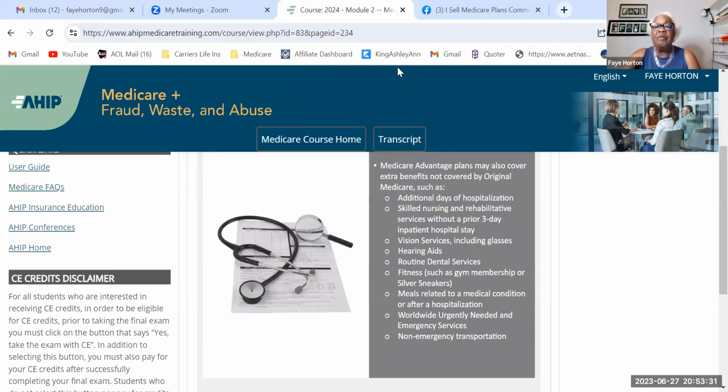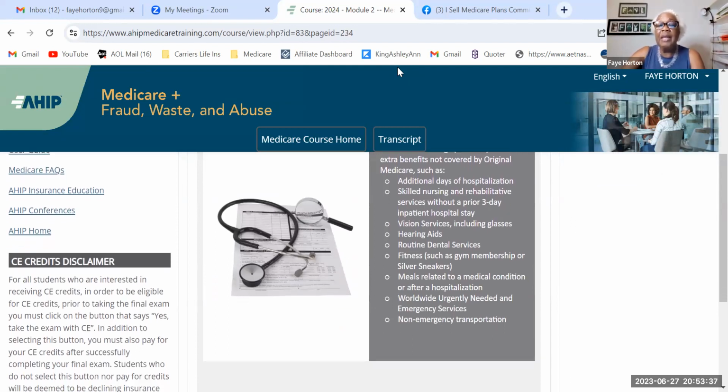Medicare Advantage plans may cover these extra benefits not covered by original Medicare. Additional days of hospitalization. You know that most of the Medicare Advantage plans have unlimited inpatient hospitalization. There are no maximum number of days except for inpatient psychiatric hospitalization. Skilled nursing and rehabilitative services without a prior 3-day inpatient hospital stay. An individual can be sent from their doctor's office to skilled nursing when it's necessary. They don't need to go to the hospital for a 3-day inpatient stay